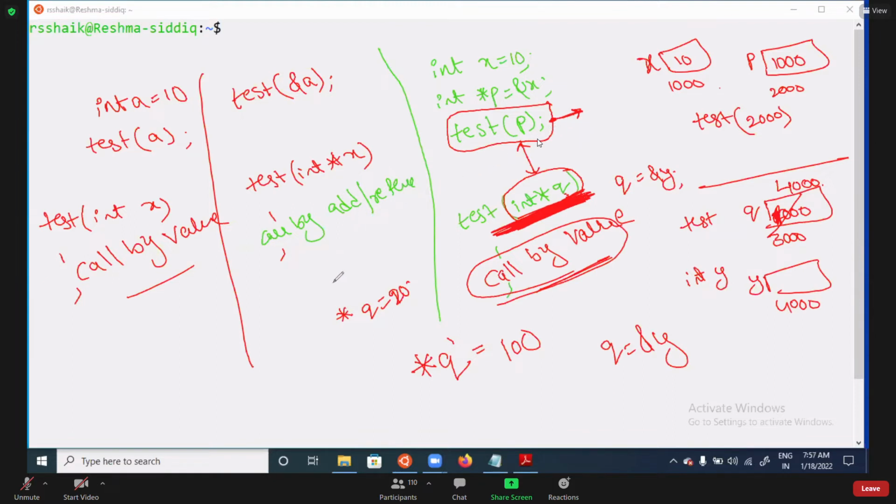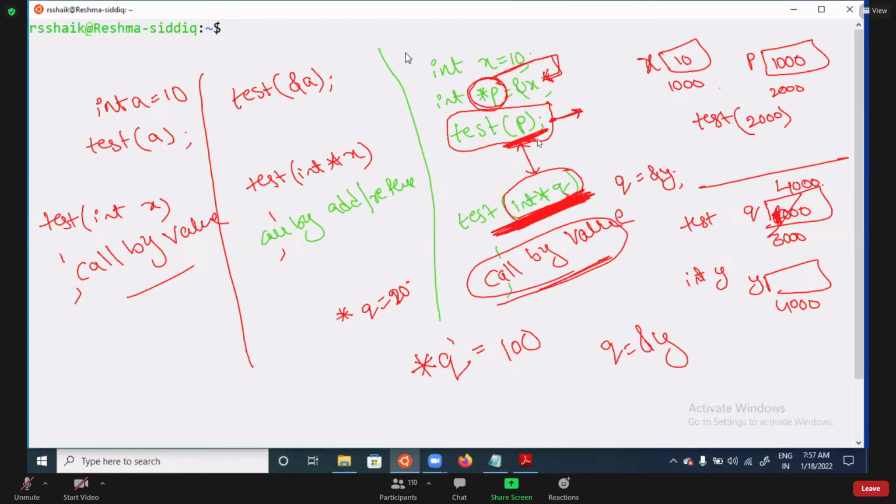One of your friends asked the question just now. P is holding address of x, then it is called by address? Yes, it is a pointer, because of that reason it is holding the address. Pointer is holding the address. Am I clear? But call by value, call by address, you need to take care according to the actual and formal arguments.